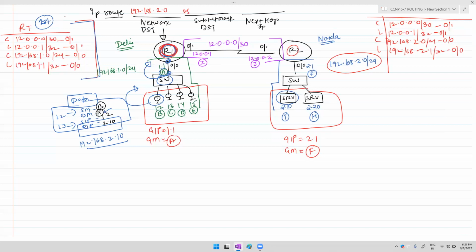192.168.2.0 and the subnet mask is 255.255.255.0. Okay, if R1 wants to reach it, which router helps to reach? R1 to R2. So basically R2, I verify my WAN interface is 0/1 and this interface IP is 12.0.0.2. So the next hop IP is 12.0.0.2. If you enter this command on router 1, router 1 says, brother, I'm installing a route via S,